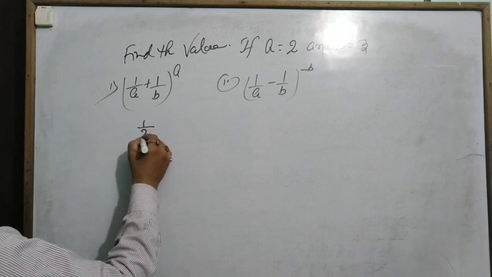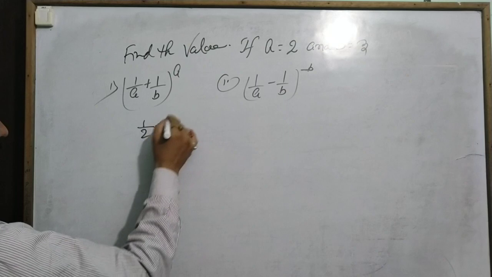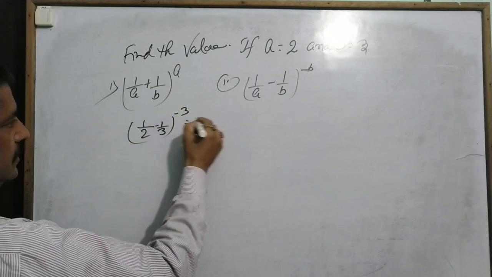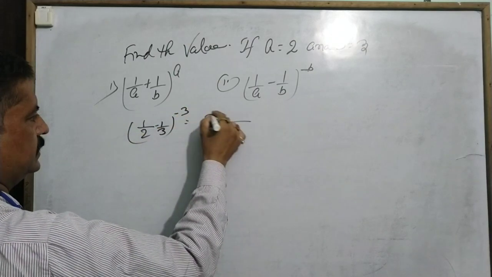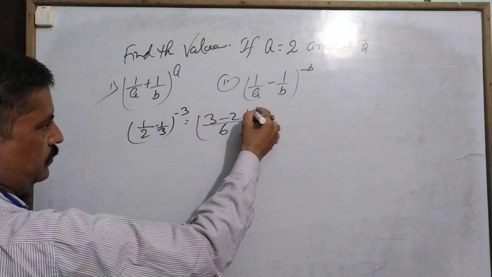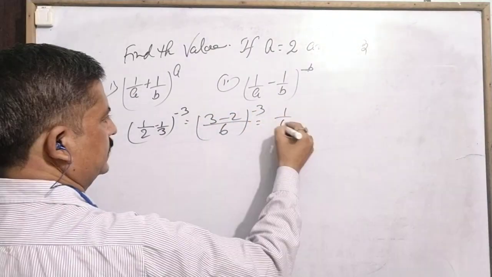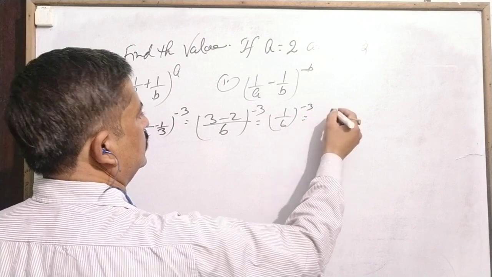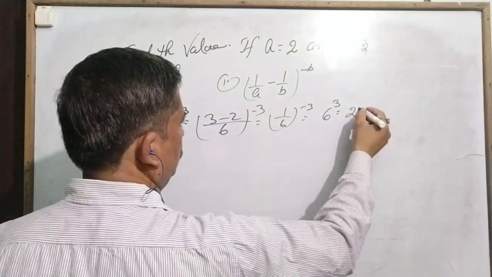Again, question: (1/2 minus 1/3) to the power minus 3. So 6, 3 minus 2, minus 3. (1/6) to the power minus 3. So 6 to the power 3 is